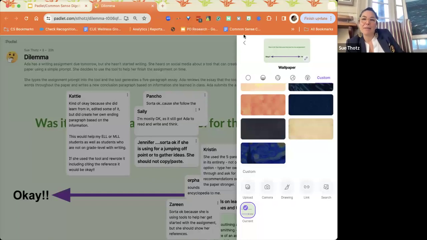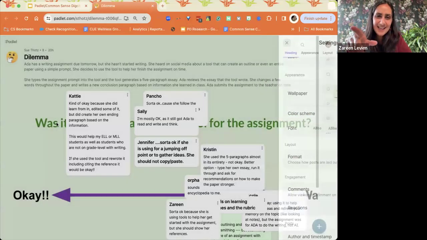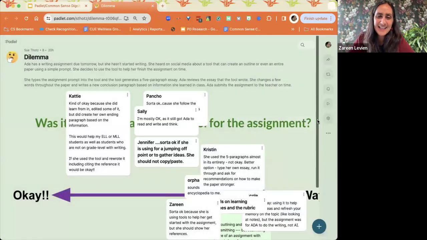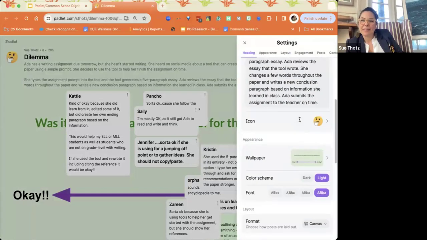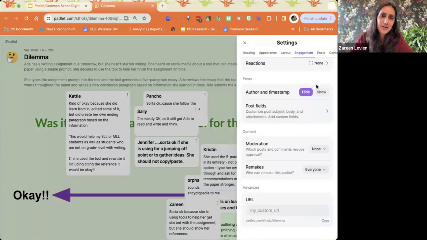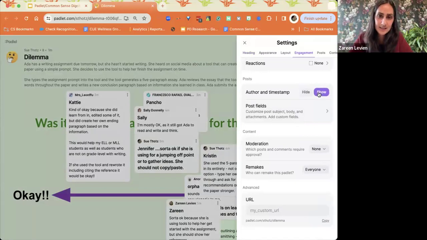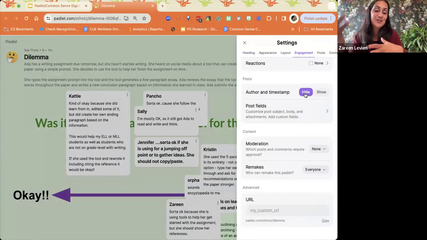While you're in settings there, could you bring up settings again? I just wanted to show that you can play around with this as well. If you scroll down a little bit, you can show author and timestamp that are under post. If you chose to have everyone log in, we left this more open, so some people logged in, some people didn't. But that's something you could play around with depending on the discussion. You could leave it anonymous, and then at a certain point in the conversation, you could show it, or you could just have that information as the teacher if you wanted to stay anonymous. So you have some options in what you show for these discussions.